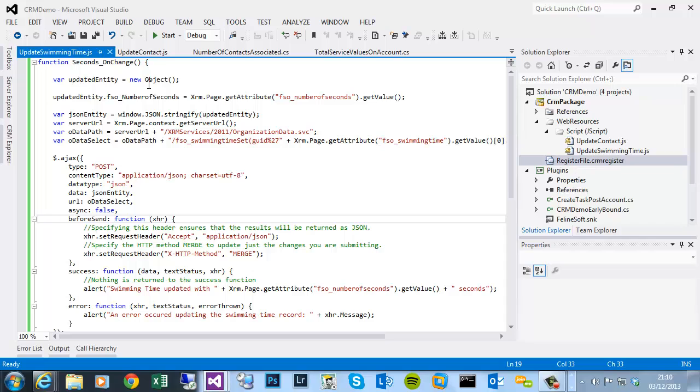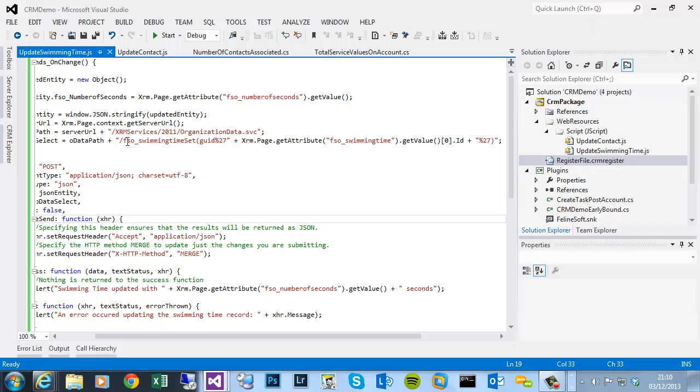Within it, it defines a new object, which will be the updated entity, sets a number of seconds to the value in the number of seconds field on the contact, uses this JSON stringify method to turn it into a valid JSON data object, retrieves the server URL, and then I define the path to the REST endpoint, the OData endpoint, and then I add to that path